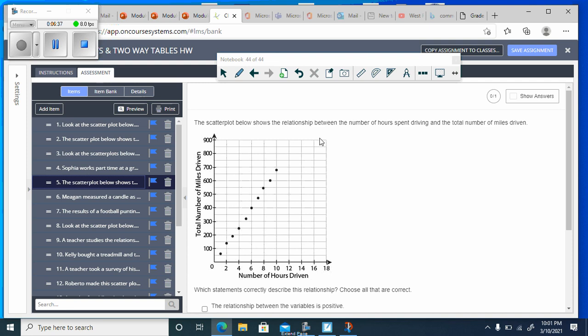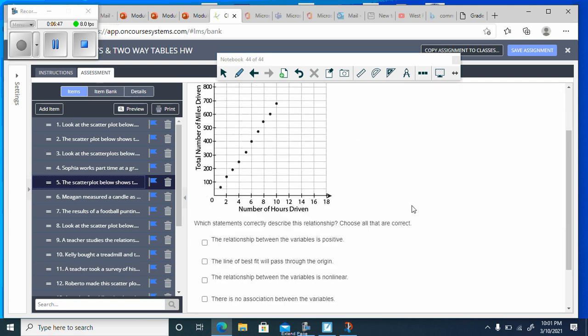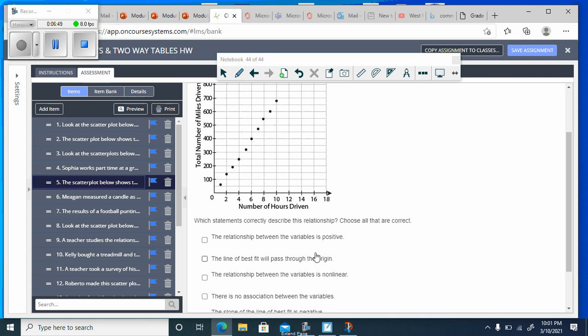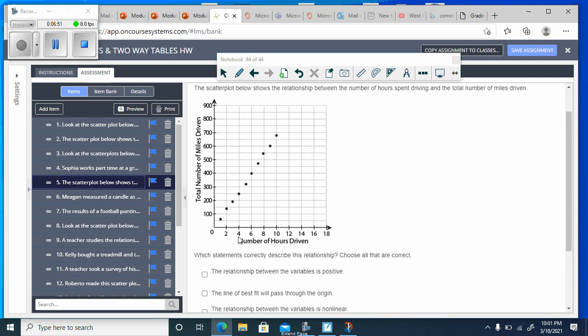The scatter plot below shows the relationship between the number of hours driven and the total number of miles driven. Well, as you drive longer, you should have gone more miles, right? Which statement correctly describes the relationship? The relationship is positive? Yes, it is, because it's going up, isn't it? Choose all that are correct. The line of best fit will pass through the origin. Yeah, if you drew a line of best fit through these points, it's going to go right through the 0,